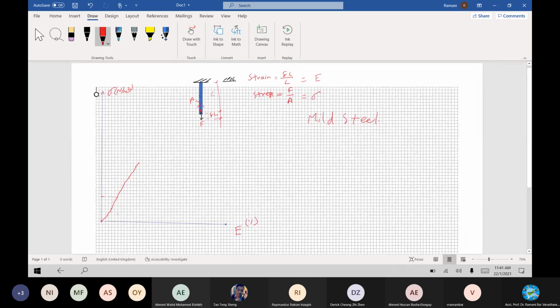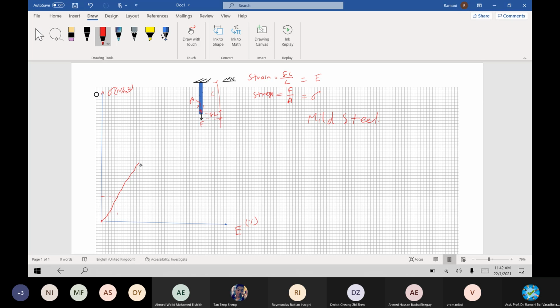It is very gradual, and one can understand in the beginning of loading. You started the test, you load the member. The apparatus I will explain later. It is called universal testing machine. That machine phenomenon, everything, I will put it in the animation later on. I hope you can imagine this, what is happening here. A load is applied to this member. It will elongate. It will reach a new length, which is extra delta L. So how is this happening? In the beginning, it will show a proper proportionate variation between the applied stress and the strain behavior.